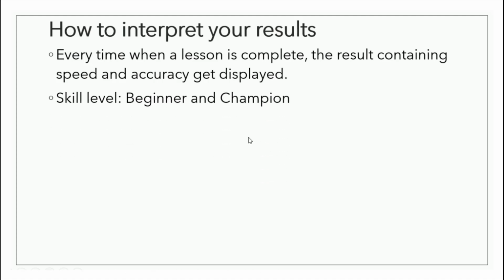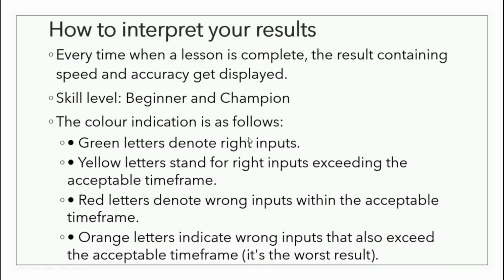Now, the skill level. The skill level is divided into 2 parts. One is beginner, another is champion. A beginner types the words and alphabets, sometimes looking at the keyboard, sometimes looking at the data which is available. The champion always looks at the phrases or syllables written on the piece of paper, that is the data. But by habit, the touch typist can type the data without looking at the keyboard, and that becomes the champion.